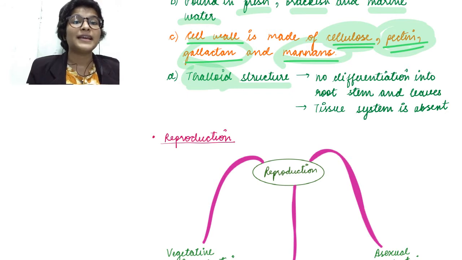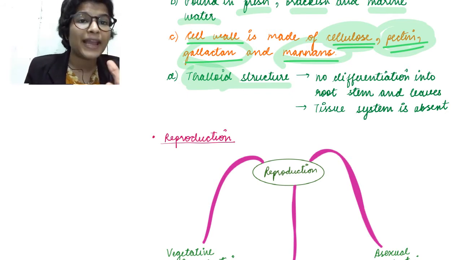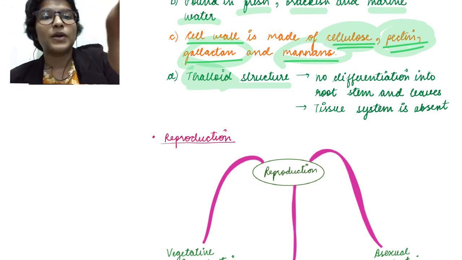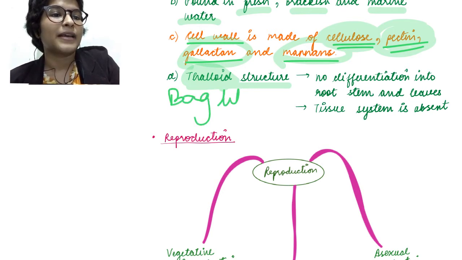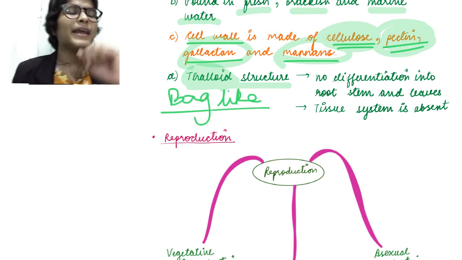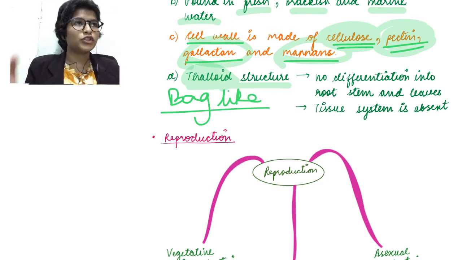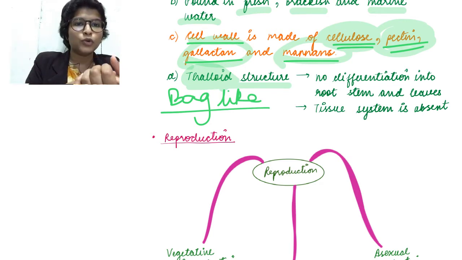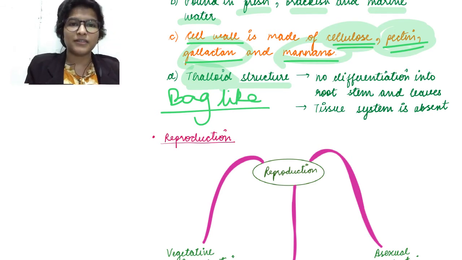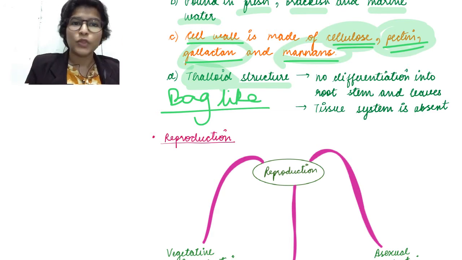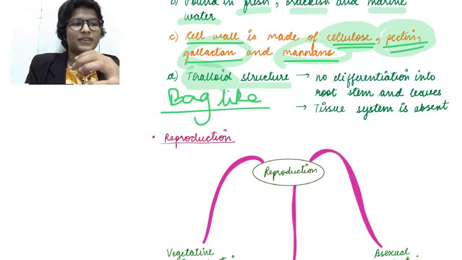Thalloid यानी क्या? Thalloid is thelly, that is bag like. Thalloid यानी bag like. Why is it called bag like? Bag क्योंकि once you keep a bag on the table, can you without looking at its handle say which is the top part, which is the lower part, which is the right part or the left part? No, a bag can be shifted anyways, right?